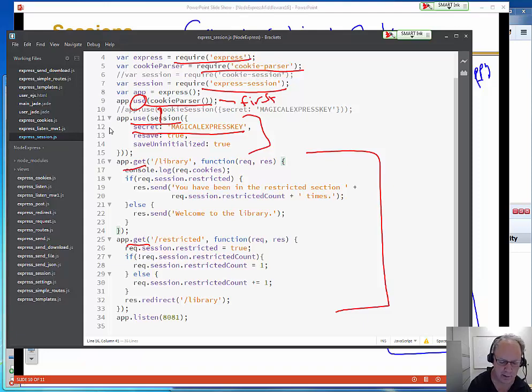So the first one's to library. Let's look at what happens. Just a console.log. It asks if there's a session property named restricted. All right. If there is, it prints out something about being in the restricted section before. If it isn't, it says basically welcome, you haven't been here before. All right. Now, if you go to the restricted section, which is under the route /restricted, it's going to go in